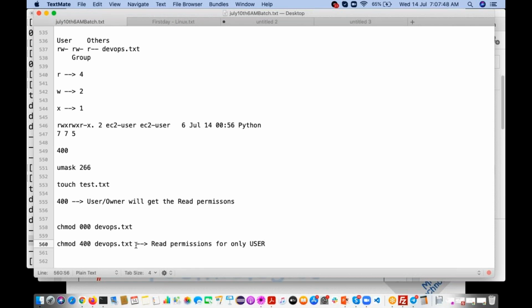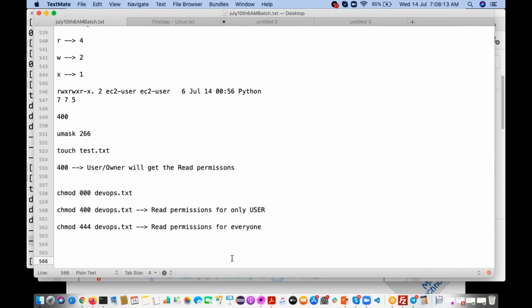So for that we are going to give 444. 444 means read permissions for everyone.